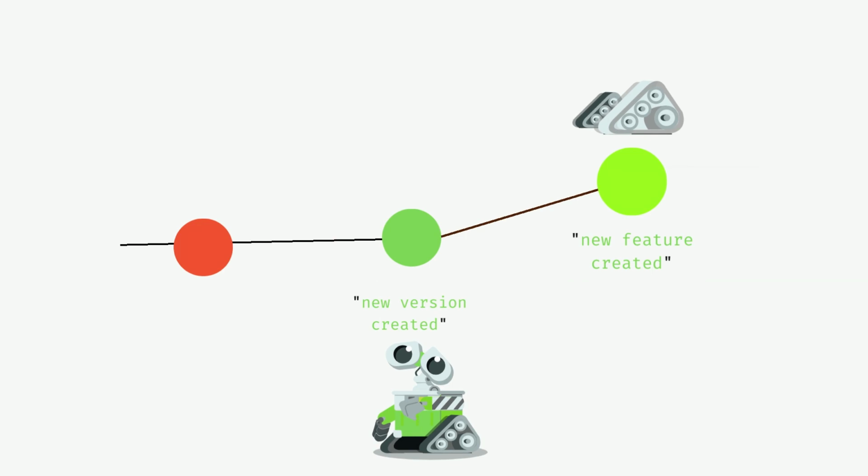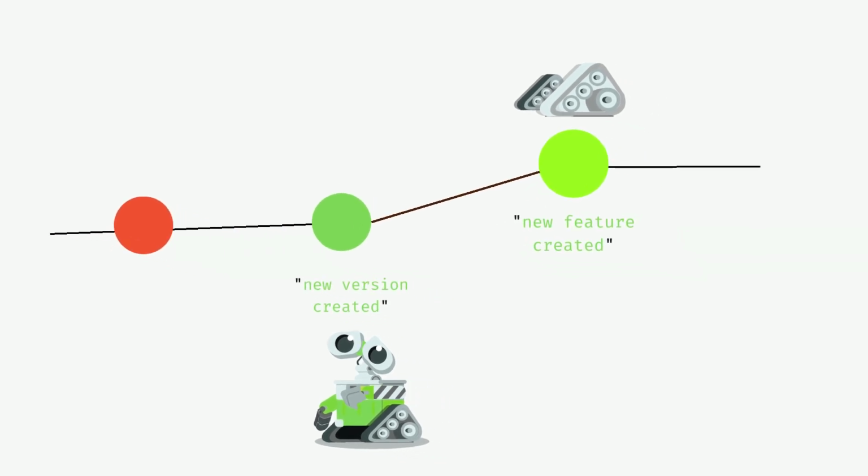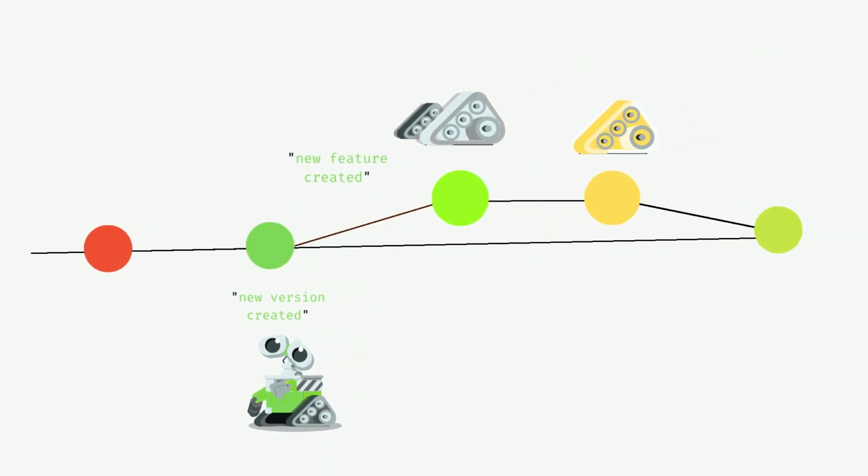For now, let's create another branch dedicated to a wheel feature using the command git branch and the name of the branch. Within this branch, we can modify the source code related to the wheel feature. Once we are done making the necessary changes, we can bring these modifications back to the main branch by executing git merge and the name of the wheel branch.